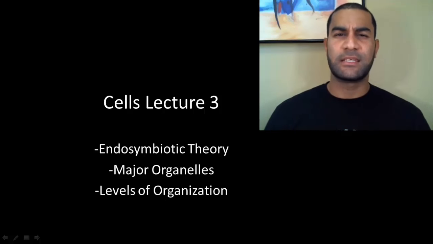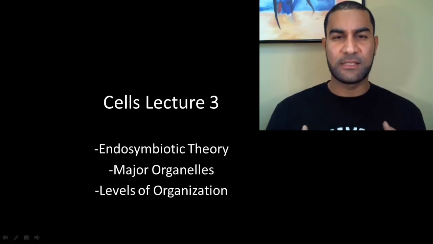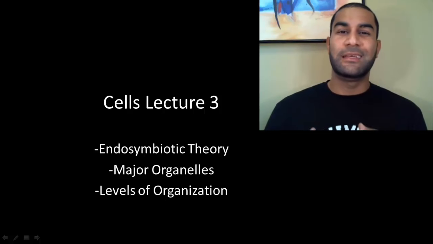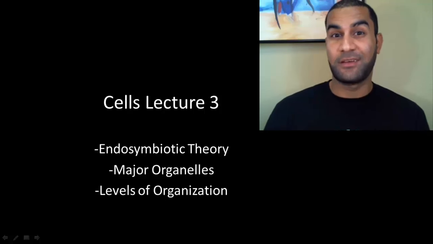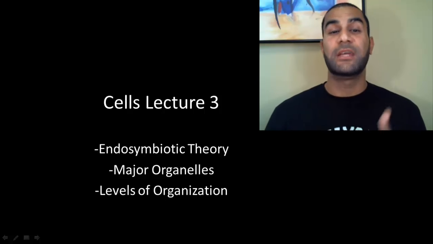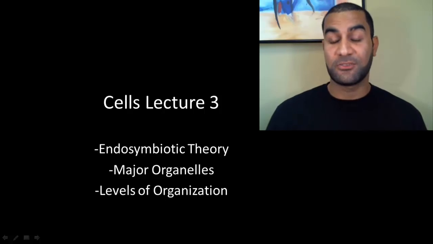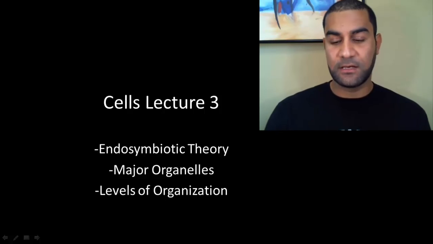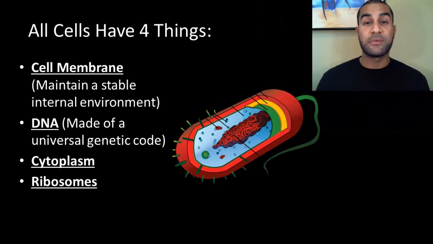And finally, we'll talk about the idea of levels of organization: how an organism is definitely based at the cell level, one of the 8 characteristics of life. All living things are made of cells, but it doesn't necessarily have to stop there. The organism could be unicellular, could be multicellular, and if it's multicellular, then we're talking about different levels of organization. So let's go ahead and get started with the theory of how things might have evolved from